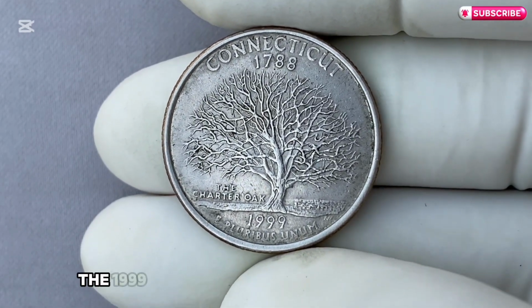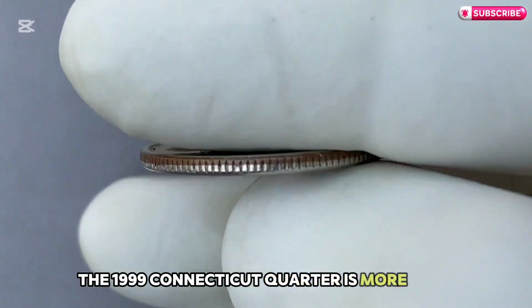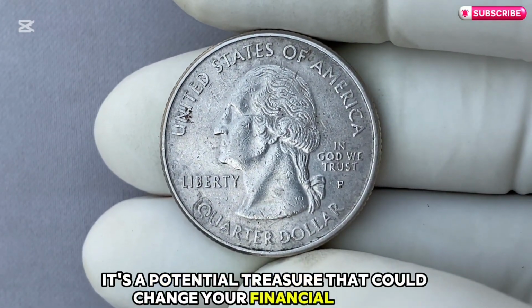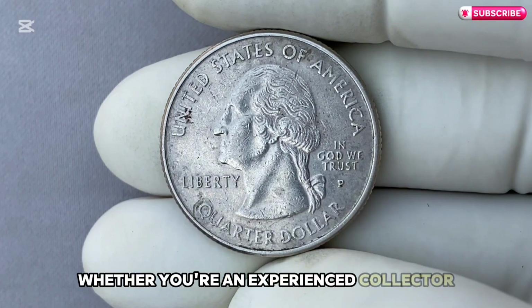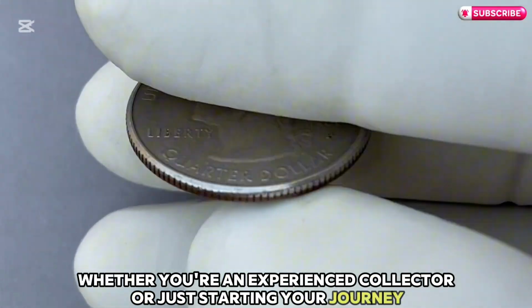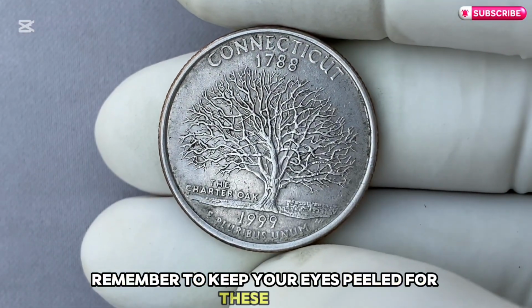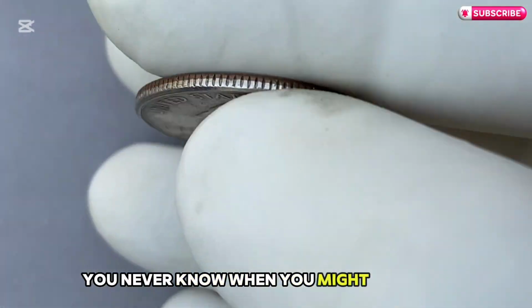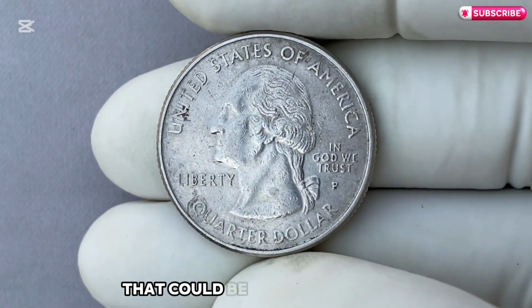Wrap it up. The 1999 Connecticut Quarter is more than just a simple coin. It's a potential treasure that could change your financial future. Whether you're an experienced collector or just starting your journey, remember to keep your eyes peeled for these rare and valuable pieces of history. You never know when you might stumble upon a Connecticut Quarter that could be worth thousands